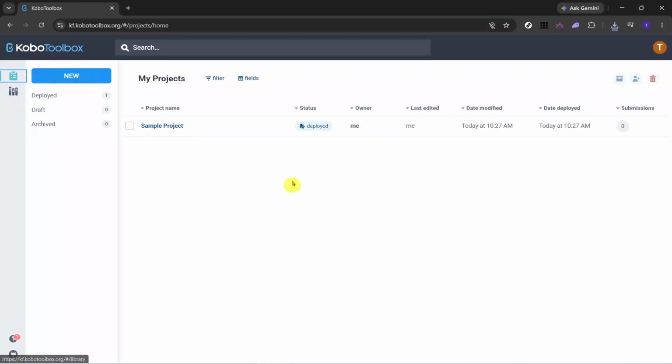Hello, today we will guide you through how to export data from KoboToolbox to Excel. In this walkthrough, we'll show you the simple process of exporting form data from KoboToolbox so you can open and work with it in Excel. This is useful when you want to review responses, organize records, share data with your team, or do additional analysis